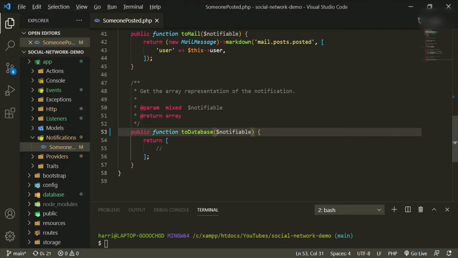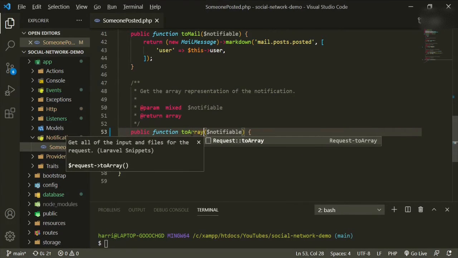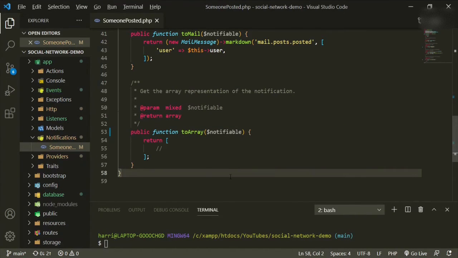And the documentation has a lot of information on how to deal with these as well. So if you were looking to maybe make a Slack notification or anything like that, just look at the documentation and it will give you more info on that. But we're just going to be using toArray. Okay. And that'll work for what we need to do. We are going to be using broadcast notifications and database notifications too. So what we're going to do here is we're going to return